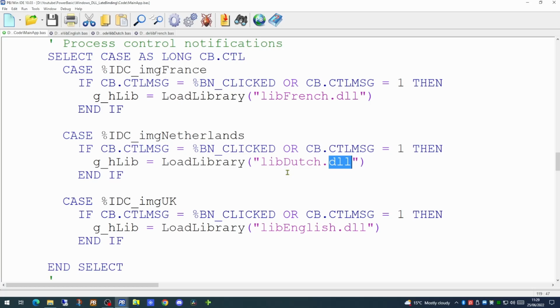While these are very simple functions to return a single piece of text, they show you the construct you can use to build upon. This way, once your application is actually created and you're calling this library or these libraries to populate the text on your screen, adding an additional language is not going to be particularly difficult. You merely have to create the DLL for that language with exactly the same functions as all the other DLLs.